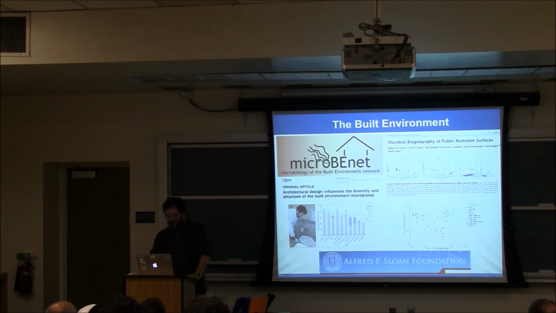The fact that sequencing has gotten so cheap has expanded where people are looking at microbial diversity, not just in the human gut or in soils or in places you might have imagined people studying microbial diversity, but now there are a lot of people exploring the microbial diversity, for example, of the buildings that are around us. There's a Sloan Foundation program that we have a grant from called the Microbiology of the Built Environment Program. There are about 20 labs that are funded to do some type of microbial ecological study, linking that study to hopefully building science parameters about some built environment facility.